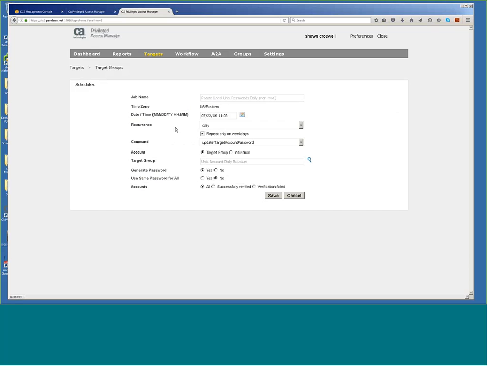So I come in here and look at that password rotation job. Again, there's that target group I set up, the Unix account daily rotation. I'm going to have it generate a new password. We can do compound accounts, so you might still want to, although not recommended, if you've got root on 1,200 devices, we can handle putting the same password on all of them, but you don't need to. I have this happen every day at 11:03 UTC time. So you could literally have a different password composition policy for every device, and then you could have a different password rotation for every device.